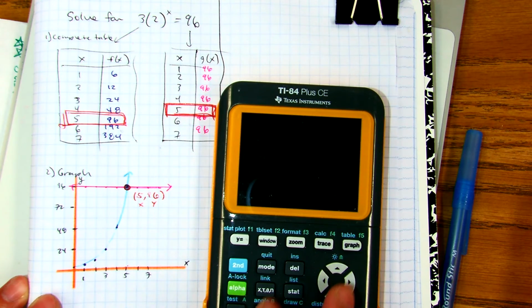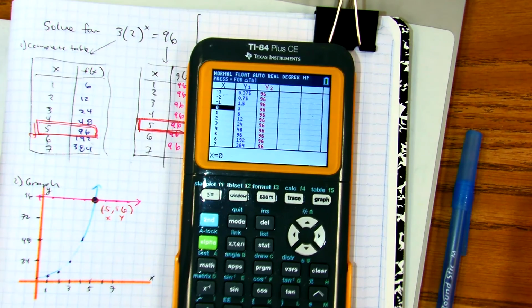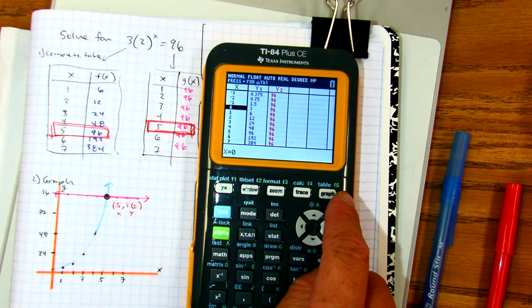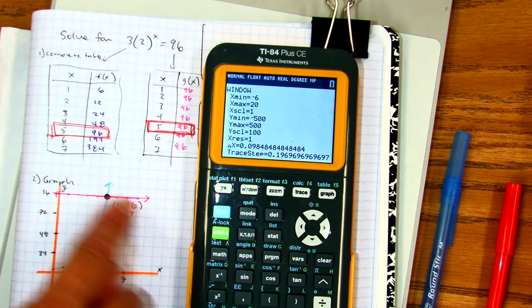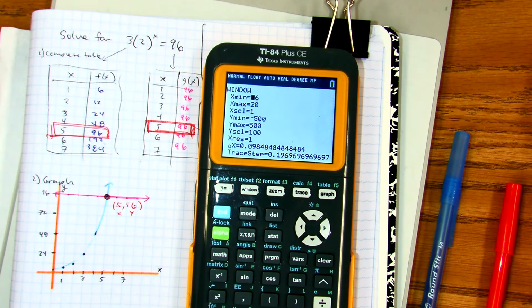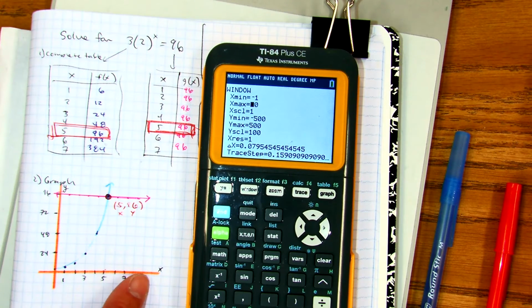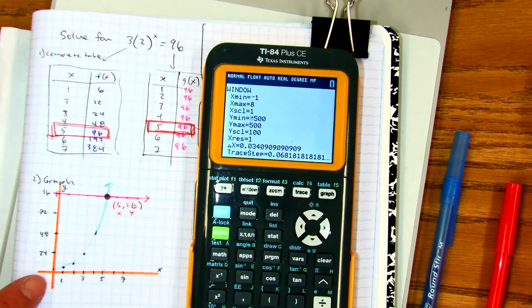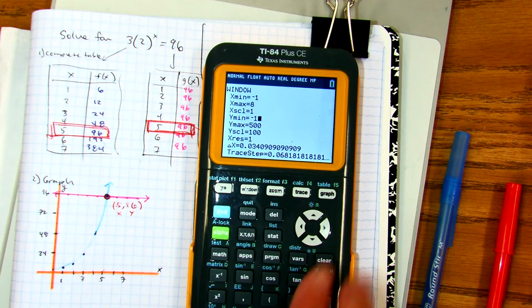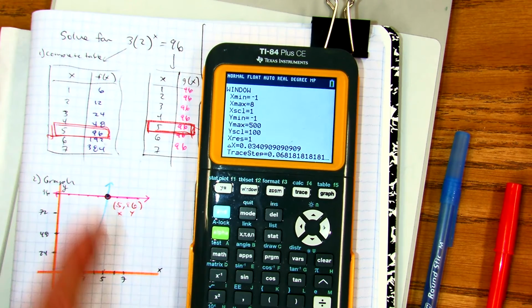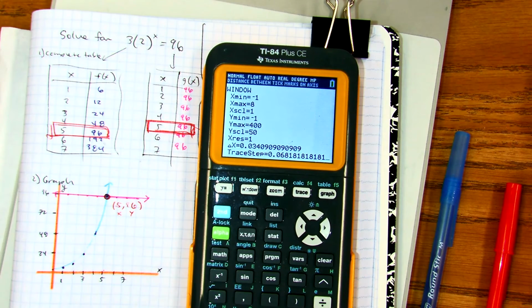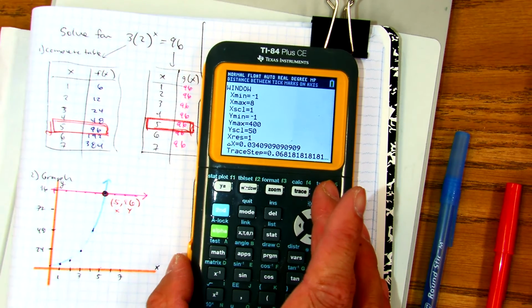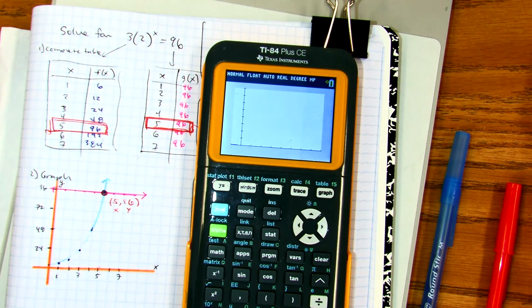So let's go to our graph. It's not going to fit on ours, so if I press window, just think about how we graph this one, right? My x minimum is probably like -1. My x max is maybe like 8. We were counting by ones. My y minimum is something like -1. Y max, you can go up to that one if you wanted to, 40 or 400. And then here I'm counting by, I don't know, 50s. If I press graph,